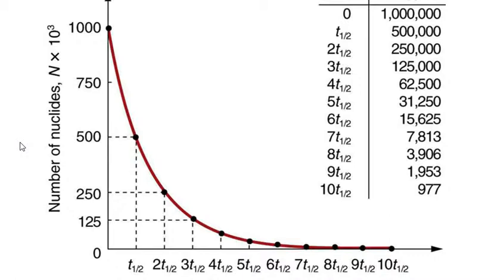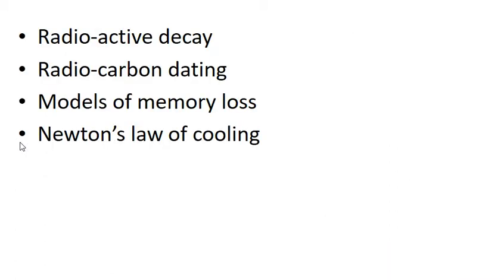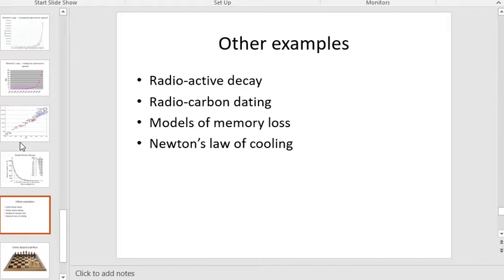Then there's the flip side of this, when you have decay. So a decreasing function. You'll see that with radioactive decay. This is how they date lots of old things. Radiocarbon dating, potassium-argon dating, that kind of stuff. So tons of applications, more than we're going to cover here. Memory loss, Newton's law of cooling, lots of good applications for exponential functions. You see them all over the place. But the one that we're going to work on now